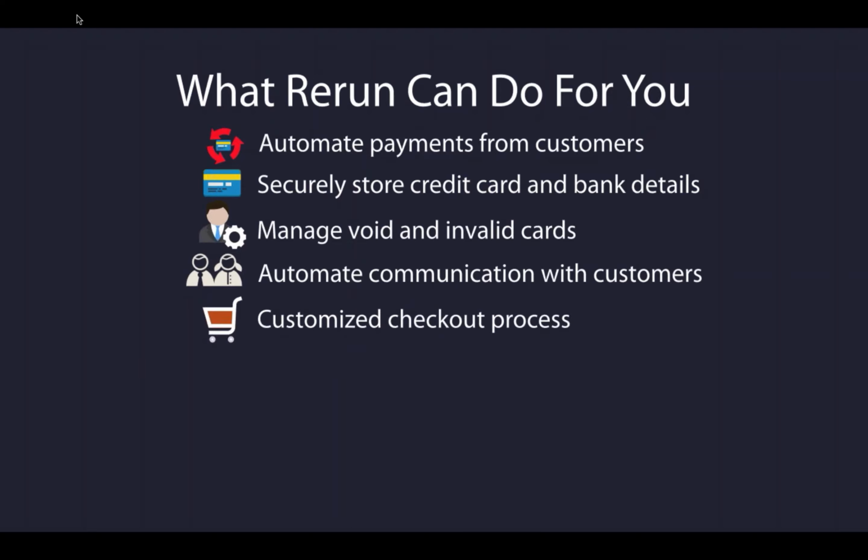If you offer several products or services and want to allow your customers to select a plan from your website, Rerun allows you to customize the checkout process in 6 easy steps and link to it from your website. We'll also review this in the demo coming up. You can modify the field text and descriptions, decide how much information you want to collect, add your company logo, and change the header color.